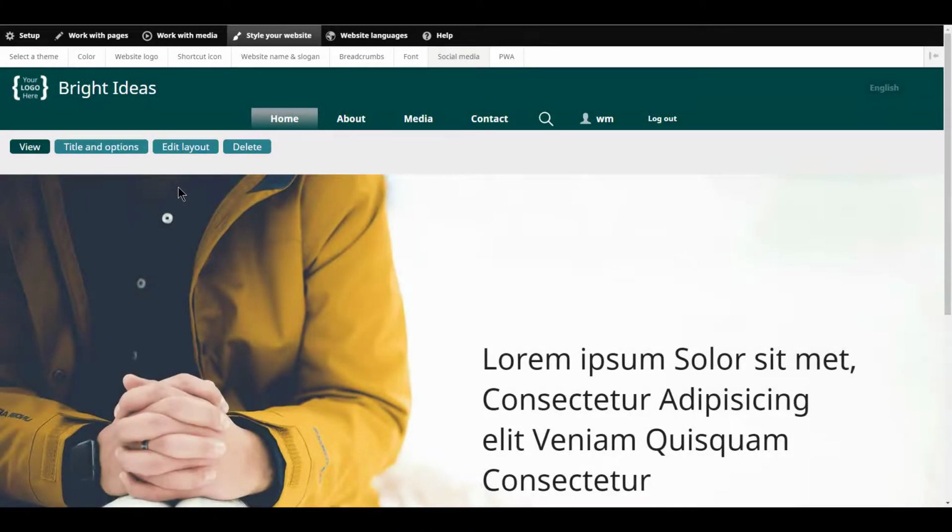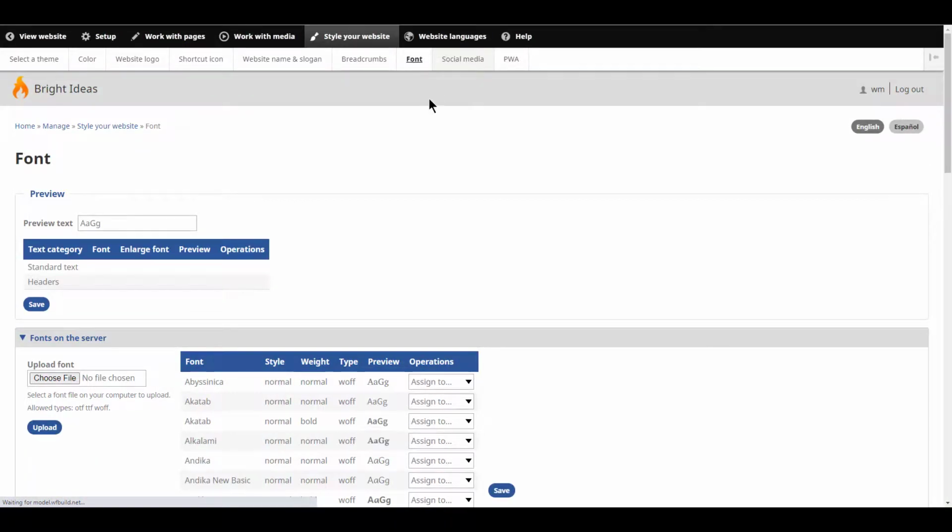And the last item we want to talk about in this video is font. We talked about fonts during the initial setup, but you can always come back and change the fonts or add any new fonts. So to do that, you click Font, and on this page, you can upload special fonts if you need. Font types that Wildfire uses are OTF, TTF, or WOFF. You can select them from your computer here.